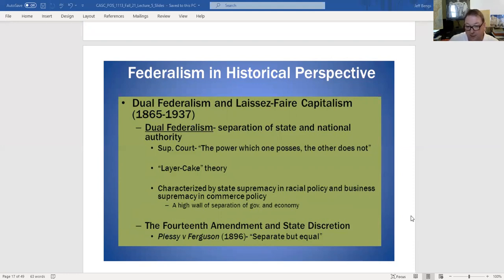But the 14th Amendment's intent was to say that African Americans have been set free and they are now citizens. And so no state can do anything that would discriminate against any citizen, black or white. Well, in 1896,